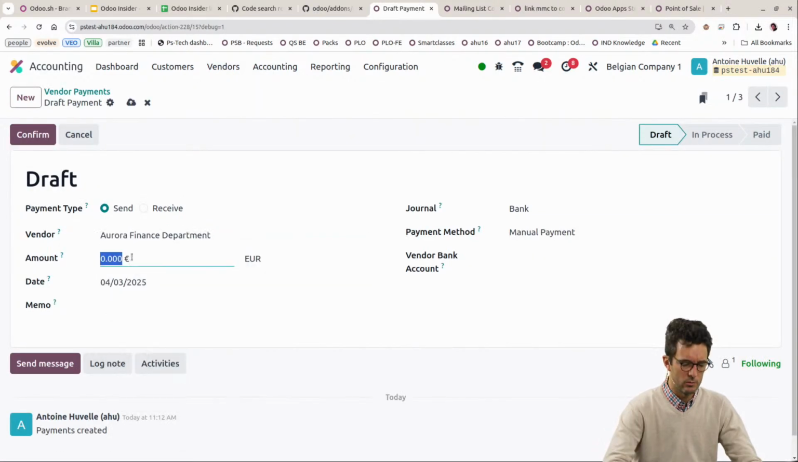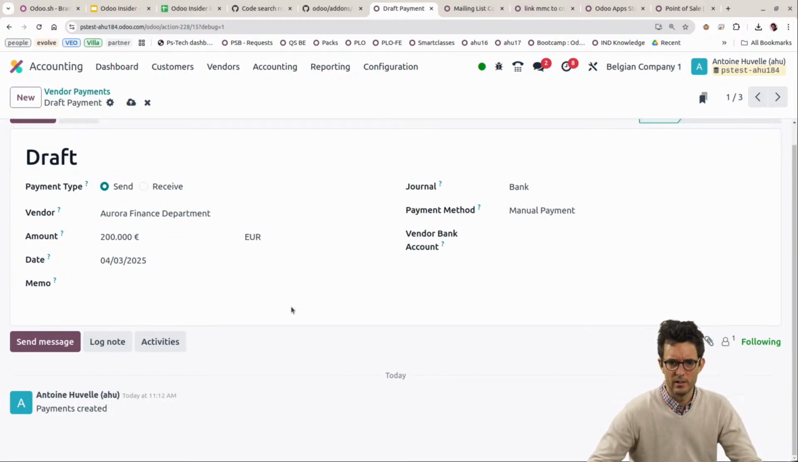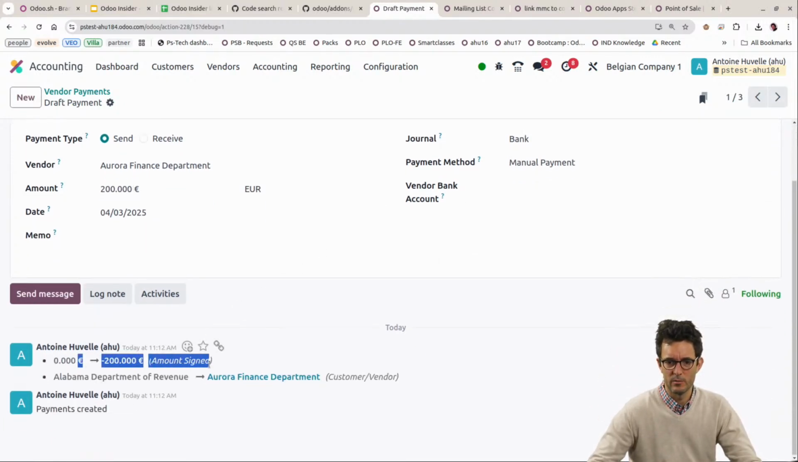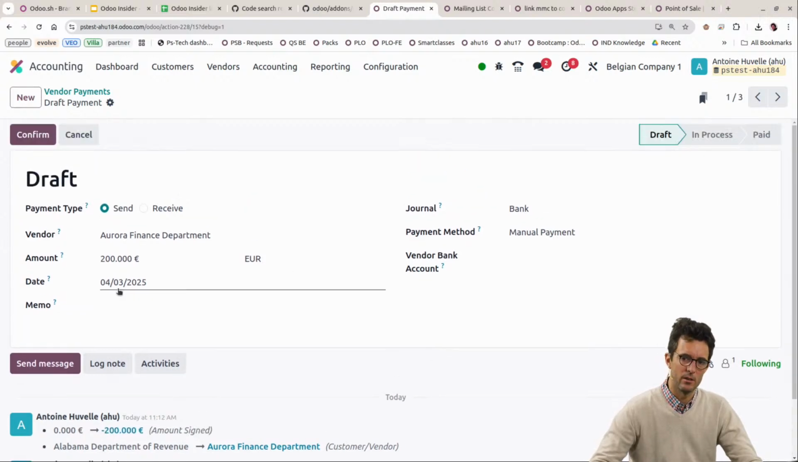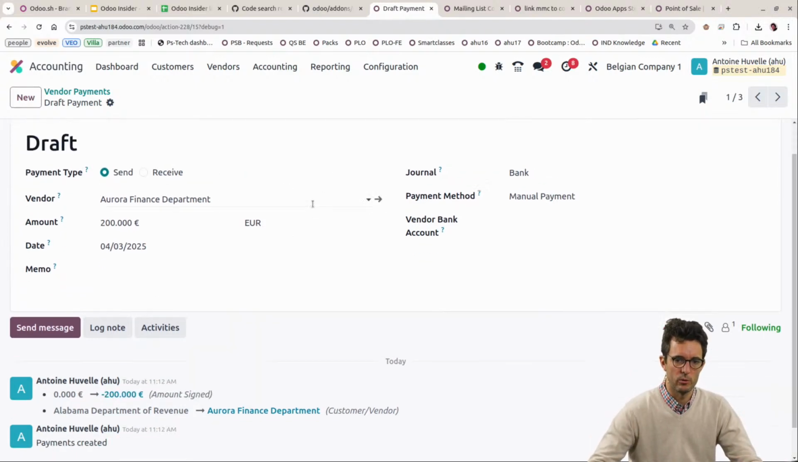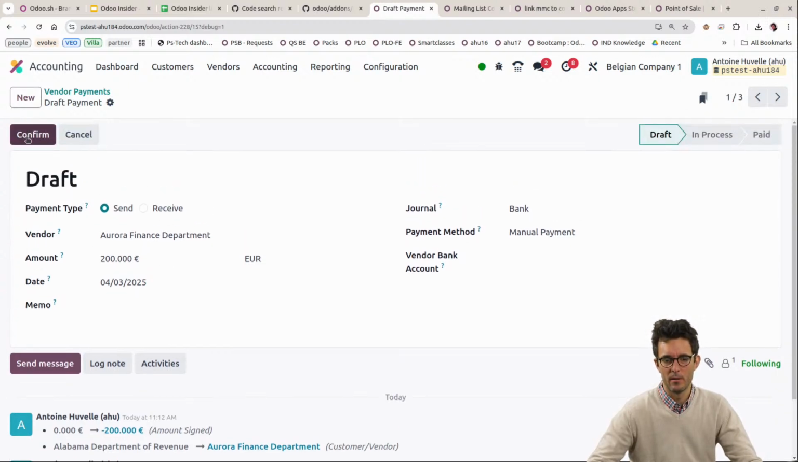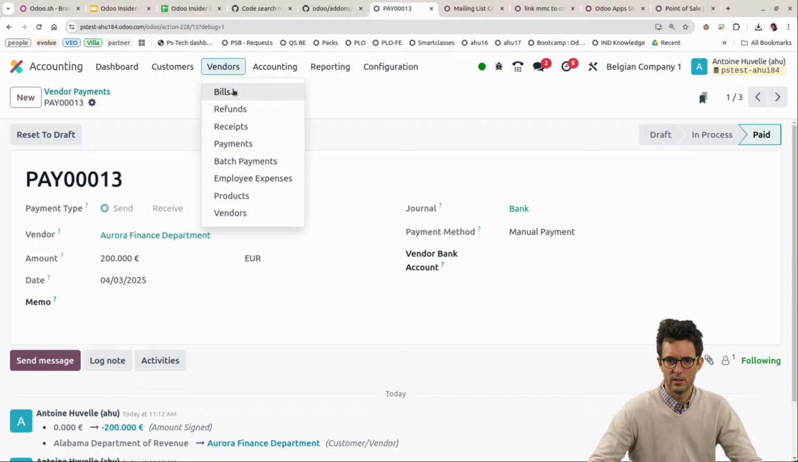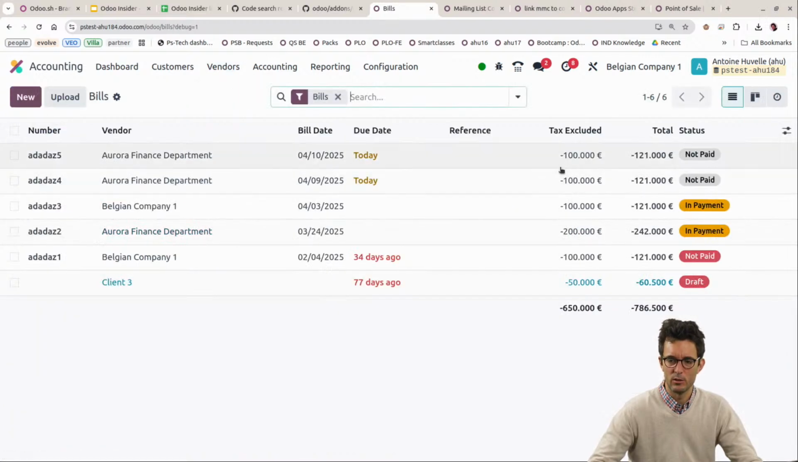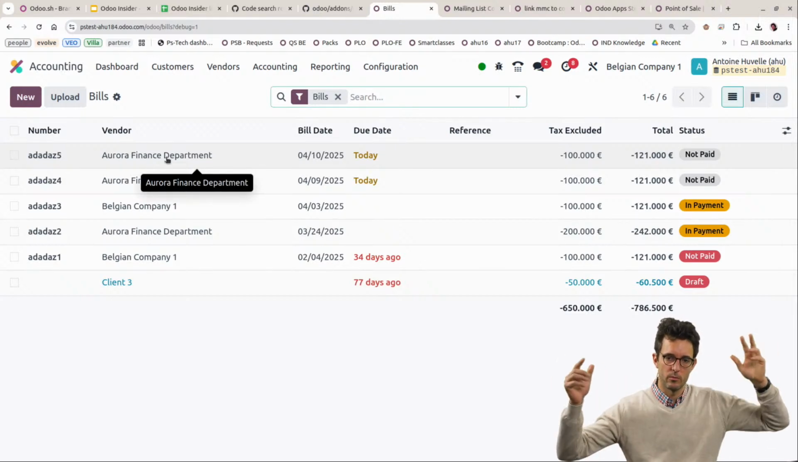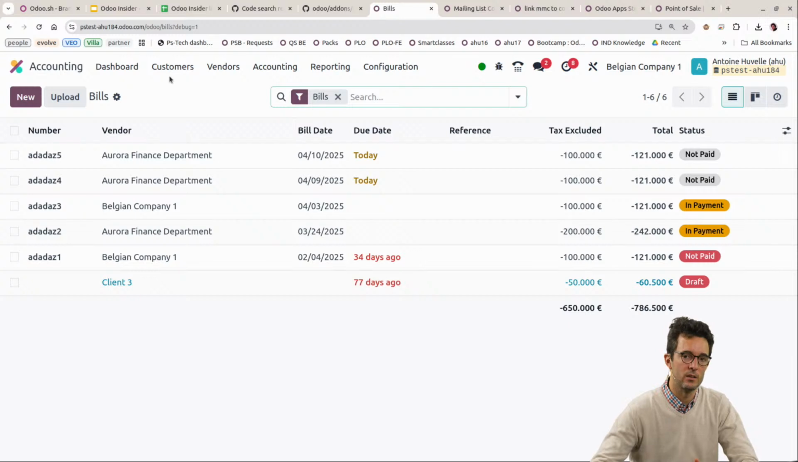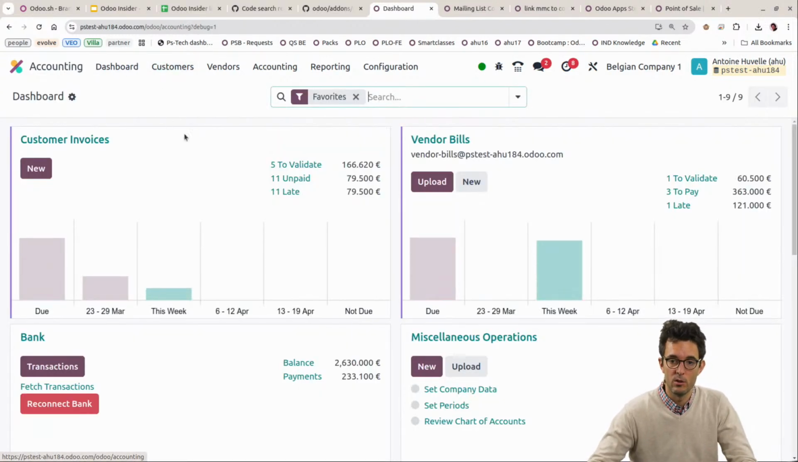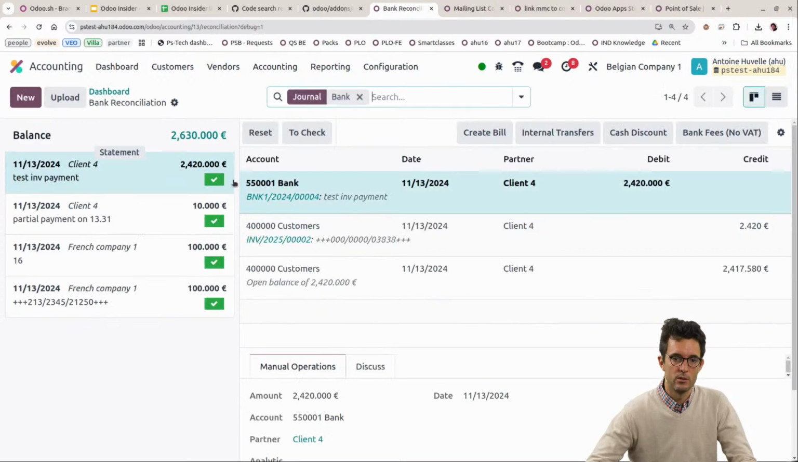Aurora Finance Department, and I want to pay 200. But then, if I'm doing this, I'm saying I have a split of 200. I'm not mentioning to which one I want to link it. What you could do is if you confirm this one and you validate it here. As I didn't do it from the invoices, for Odoo, it's like, okay, you have two invoices, you have one payment, which one goes with which? You don't know until eventually on your side, when you have a look at the dashboard,